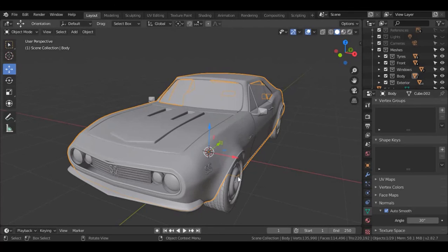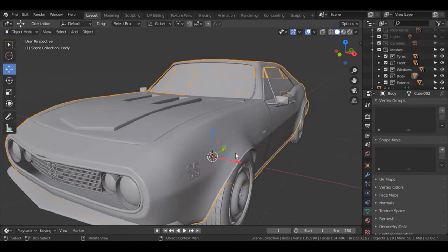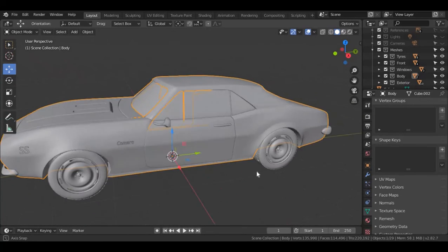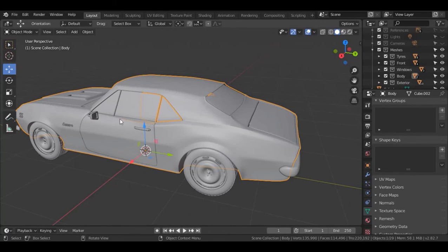So that means that for angles less than 30 degrees, it smooths out the faces and gives an appearance of being smoothly shaded. But for angles greater than 30, like this one, and to some degree this one, it sharpens, it shows the sharpness. And I did that for virtually every part of the car, including the glasses,